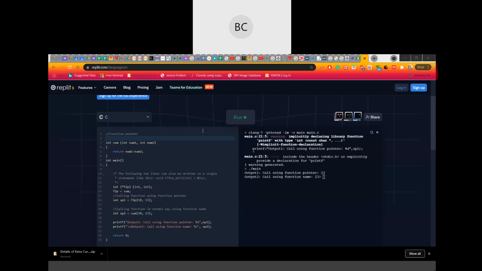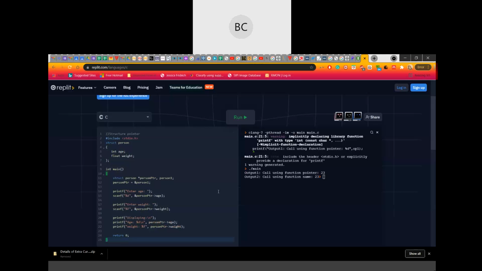Okay, so now we will see the structure. So here I am just defining a structure variable, which is person, and there are two members, age and weight. Then I define a structure pointer, which is the person pointer.